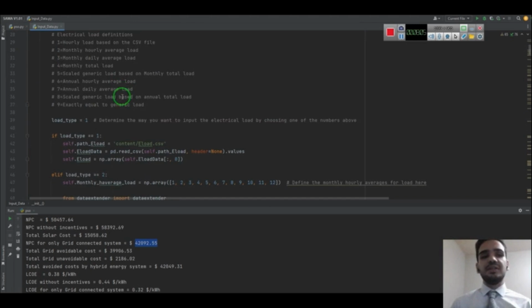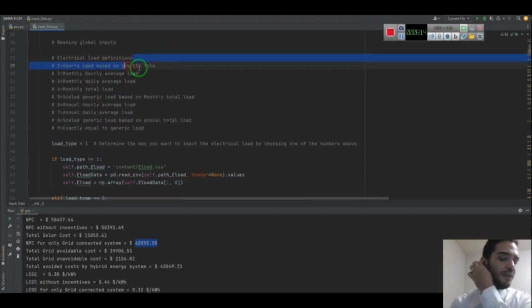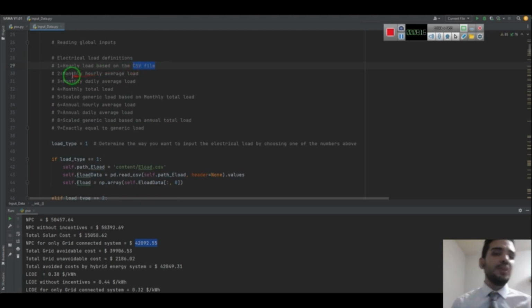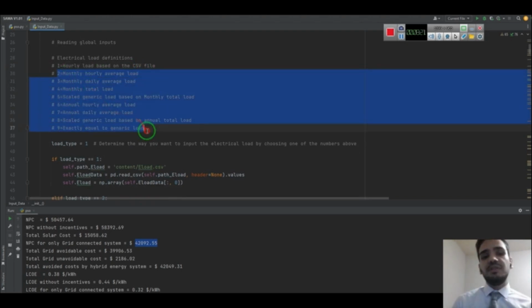We previously defined the electrical load data, but if you don't have access to hourly load data, SAMA provides other options. The first option is the hourly load data through the CSV file, but the other options are for users who don't have access to the hourly load data. For example, in option 8 or 9 or 5, SAMA uses a generic load that can be scaled based on the monthly total electricity consumption.